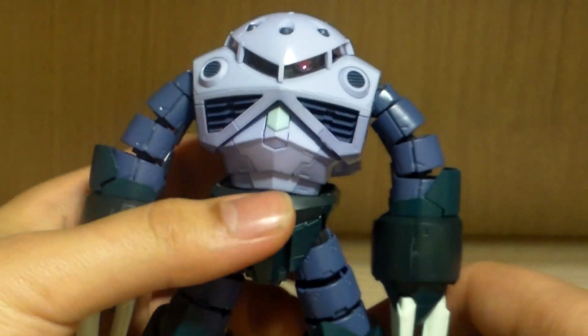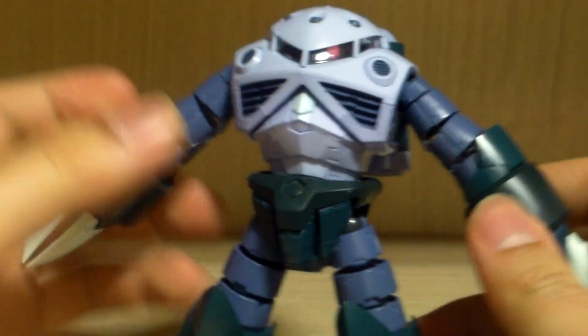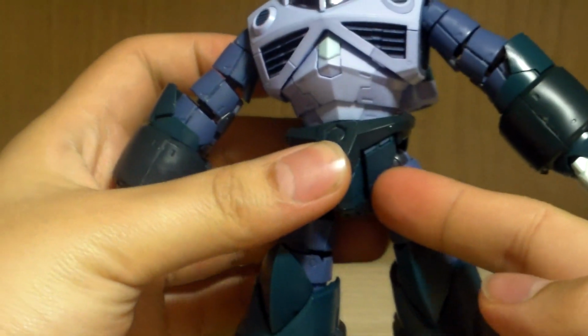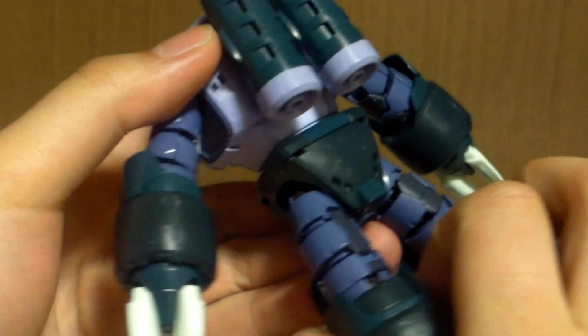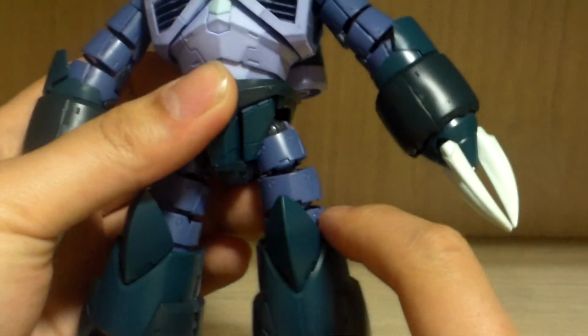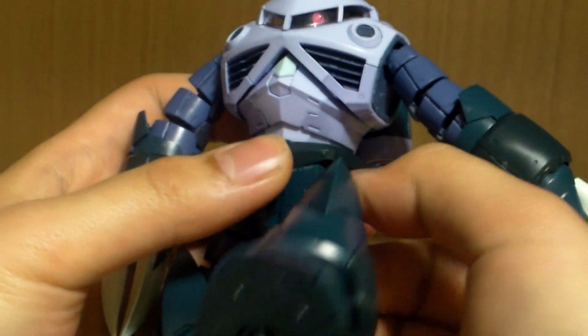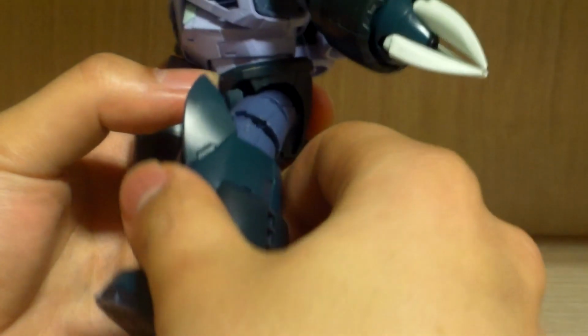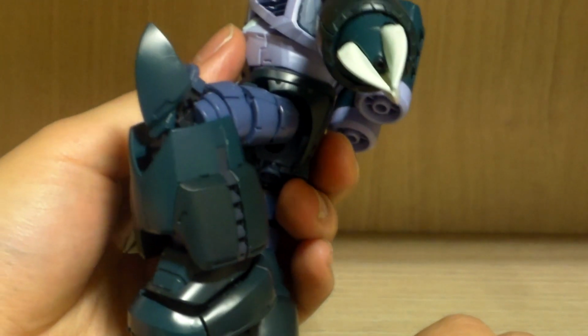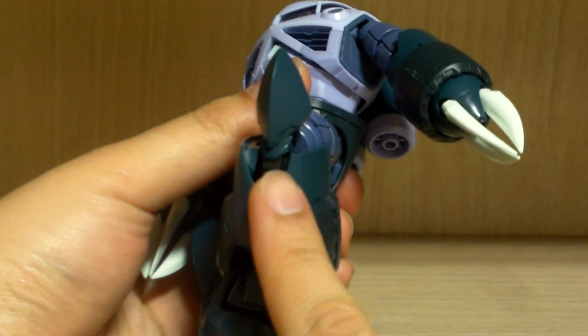Alright, that's it. The waist, there's nothing too special on the waist. It does have something that looks like a front skirt, back skirt armor, but not really. The design uses the same method for these parts. They all have their own articulation, can go 90 degrees up front, and then it can bend. I can't say it's a double joint like a high grade, but it bends 90 degrees